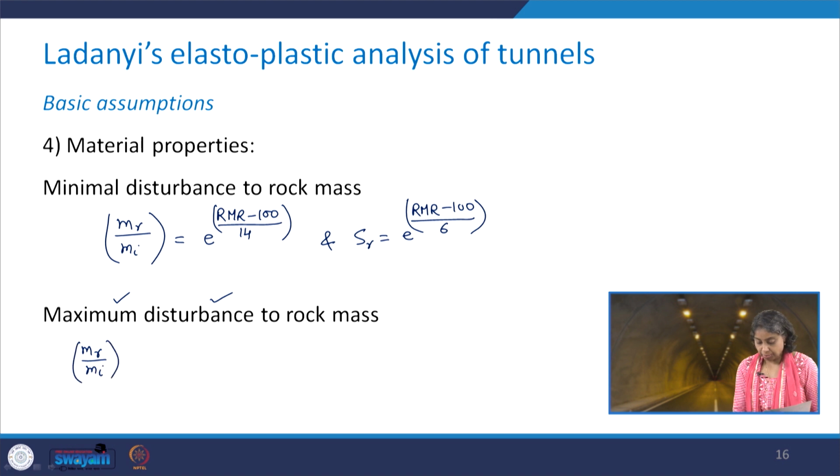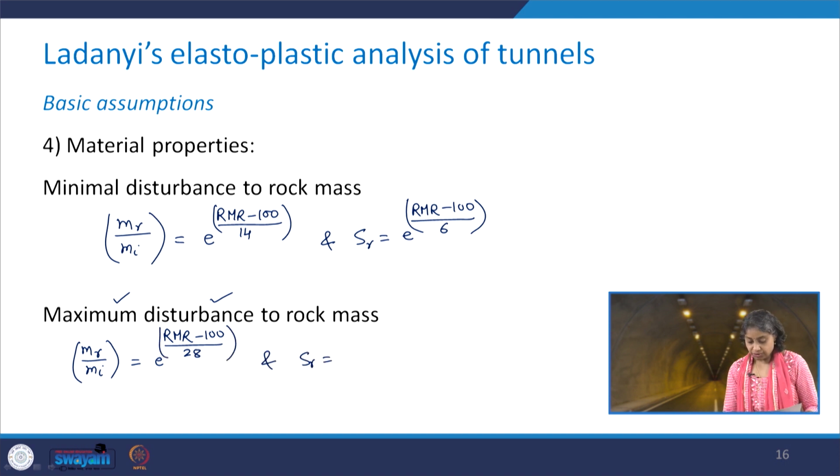That is, mR upon mI is equal to e to the power (RMR minus 100) upon 28, and sR is going to be e to the power (RMR minus 100) upon 9. So, we use these expressions to determine the value of mR and sR for the broken rock mass,